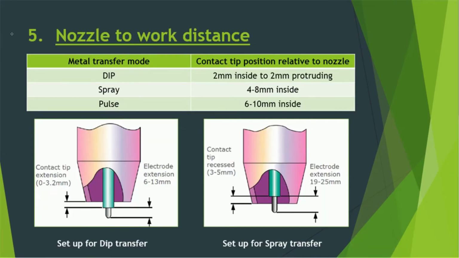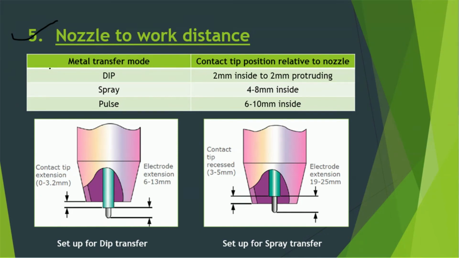So friends, our last point is nozzle to workpiece distance. Nozzle to work distance has a considerable effect on gas shielding, with decreased stiffness in the column. It means it will reduce the efficiency of the shielding gas when we increase the nozzle to workpiece distance. The nozzle to work distance is typically 12 to 15 mm. If the CTW is simultaneously reduced, however, the deposition rate at a given current is decreased and visibility and accessibility are affected. So in practice, a compromise is necessary.